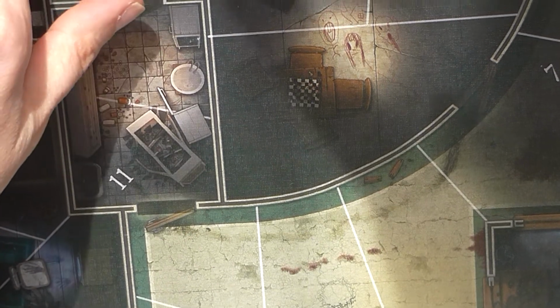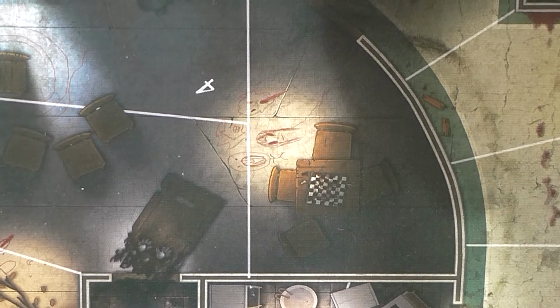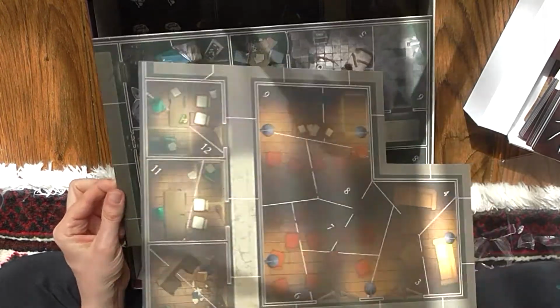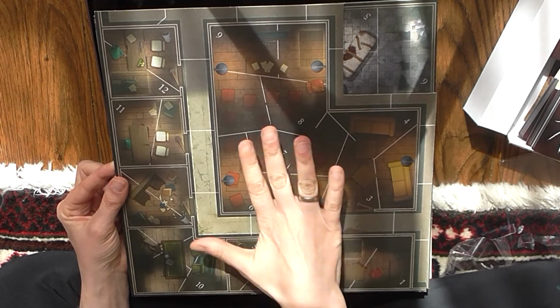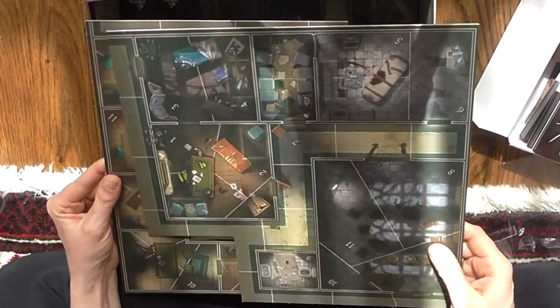So this is a huge piece of board. And I will just zoom out more so that you can see its entirety. So this is actually a really big board. You can turn it over and the board is completely different. So here you've got, possibly a common room, you know, people sitting down. Here we've got